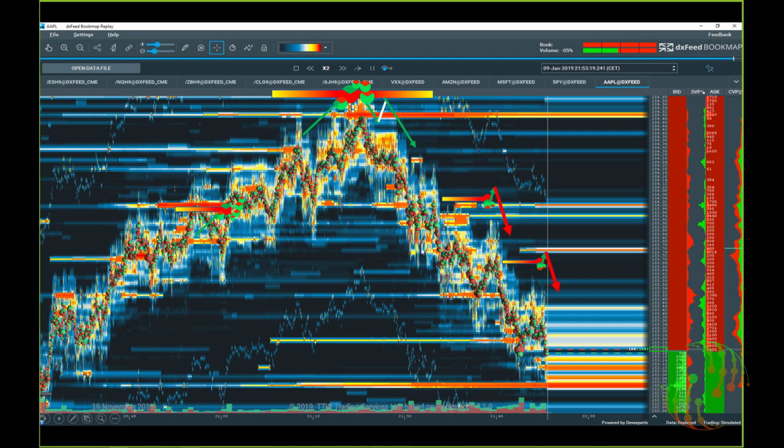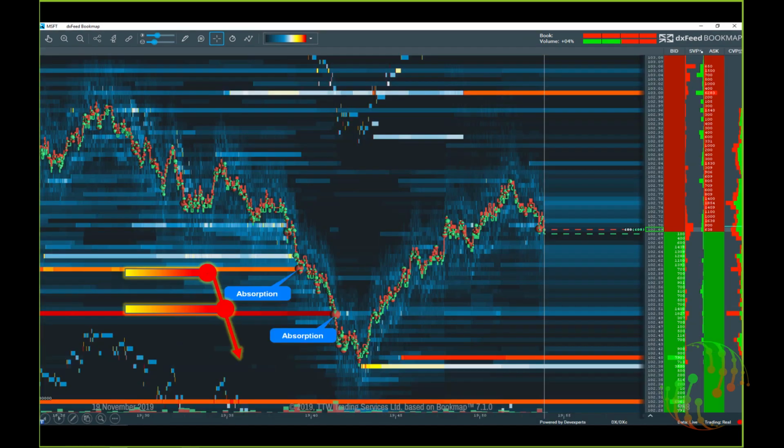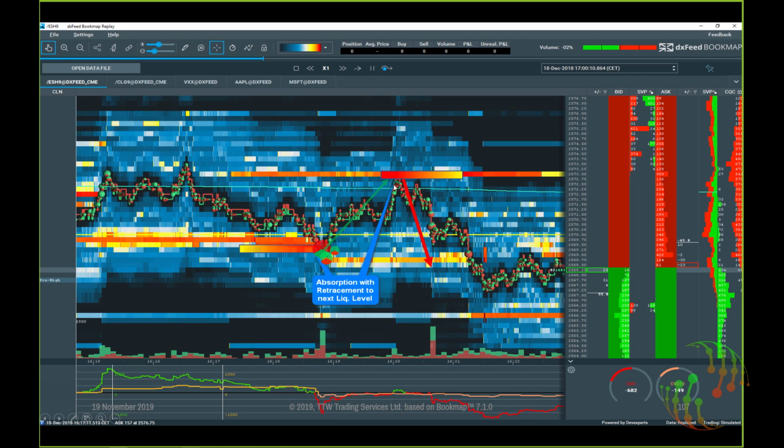The move is down, so you wait for the retracements, for the pullbacks until the next liquidity level, and then you reshort this market. The MAE, that means the risk, is very low. Once you know that the market is going back, retracing here, risk is very, very low. The stop is above 73 here in this case. So you don't need to have stops greater than maybe 1 or 2 points.